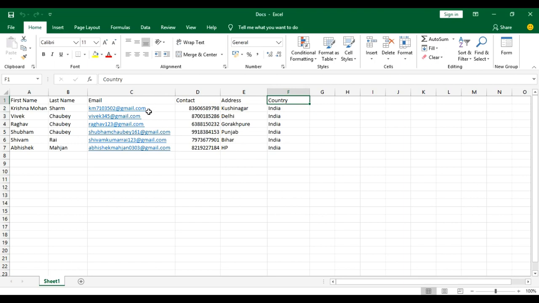Now, first of all, you should understand the use of mail merge. With the help of mail merge, you can send the same letter to different candidates, and also you can mail different candidates. Let me show you.